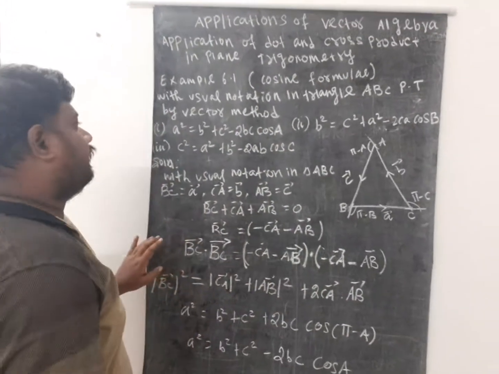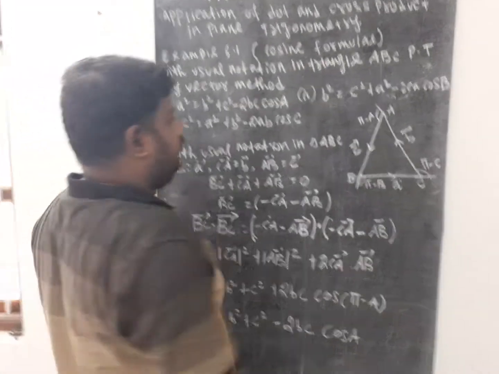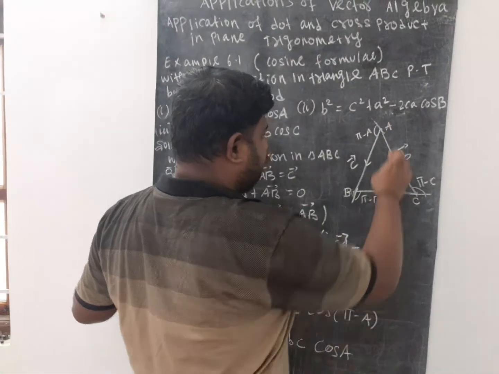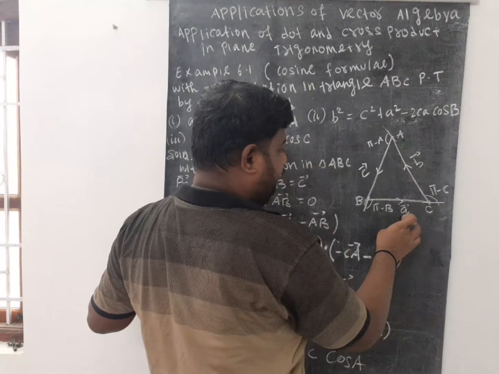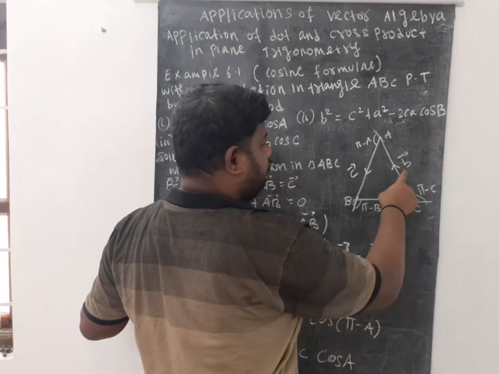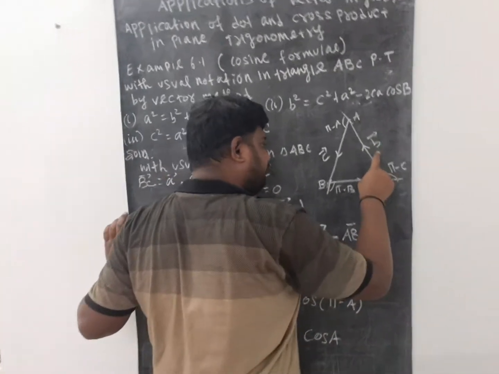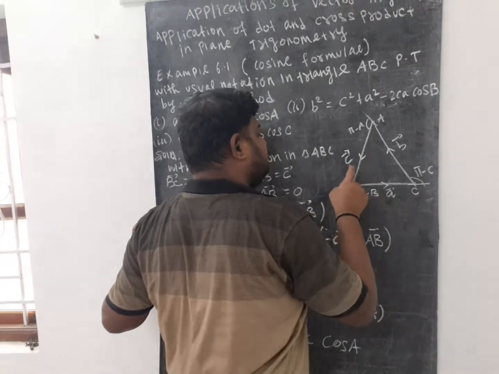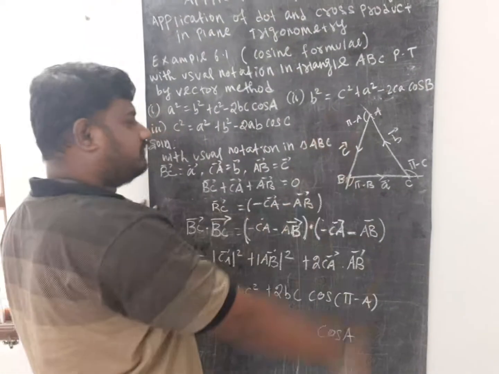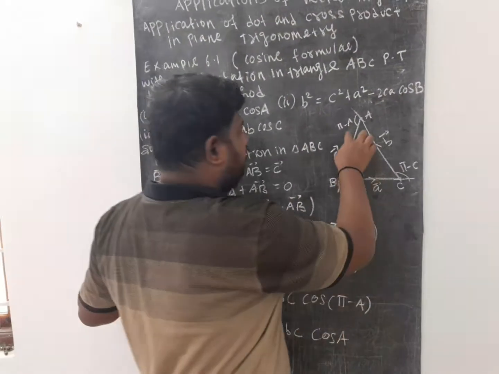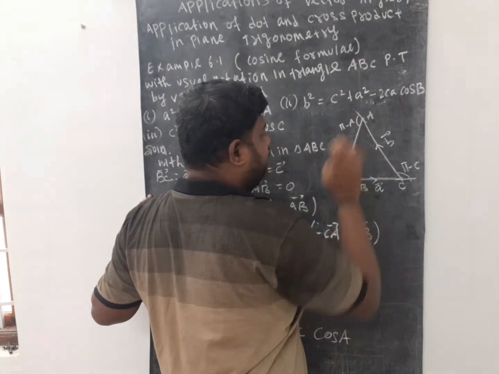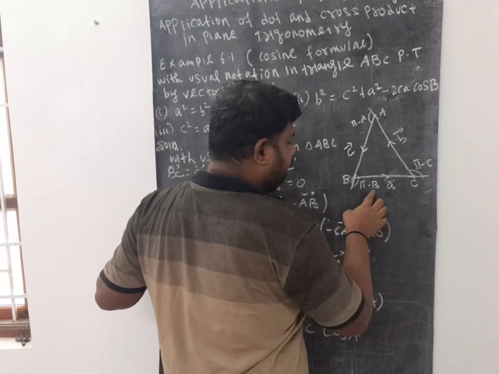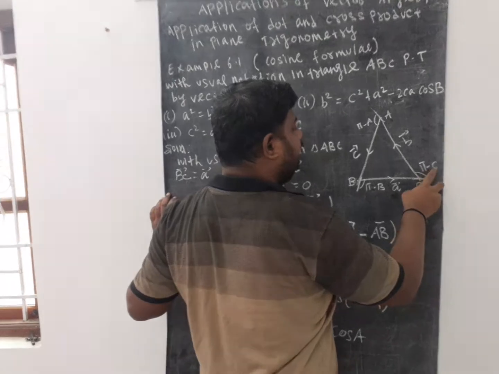I will take a triangle. Let ABC be a triangle. This is the angle, and the side opposite is the side a, so this is the a vector. Then the side opposite B is this side, so you can represent it as the b vector. This is c, so it is represented as the c vector. We know that the sum of the angles of the triangle is 180. Therefore, this angle is A, so this angle is pi minus A, 180 minus A. This angle is 180 minus B. This angle is 180 minus C.